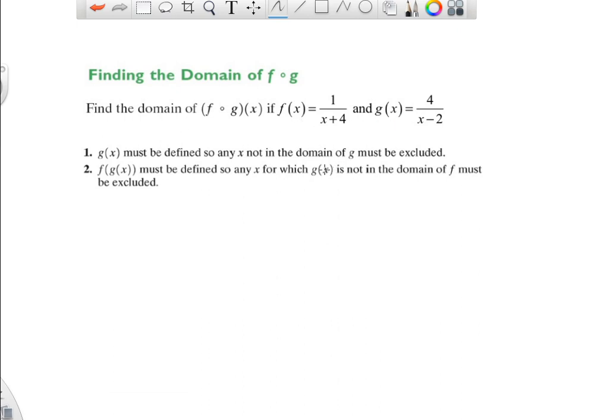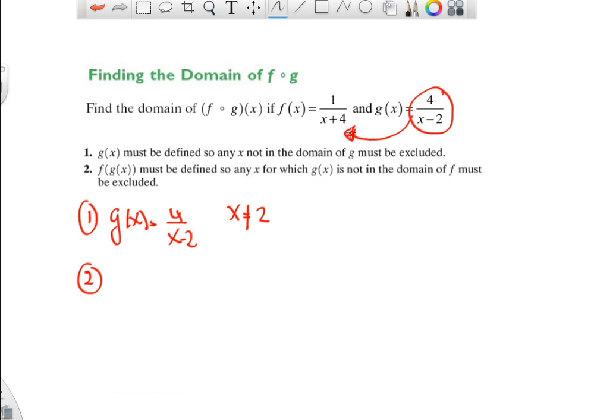And so it's telling us that g of x must be defined, so any x not in the domain of g must be excluded. So first of all, and again it's sort of working backwards, so it says f of g, so look at g first. So g of x says 4x minus 2, x cannot equal 2, and then so this was 1,